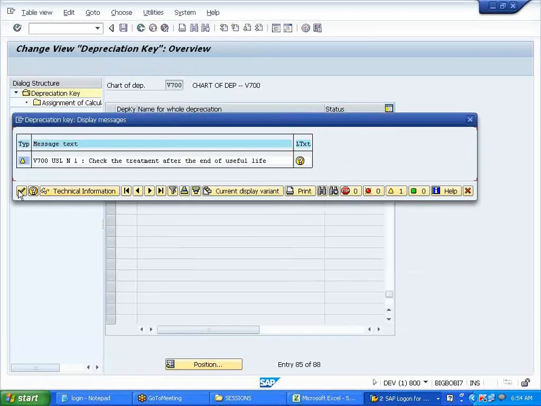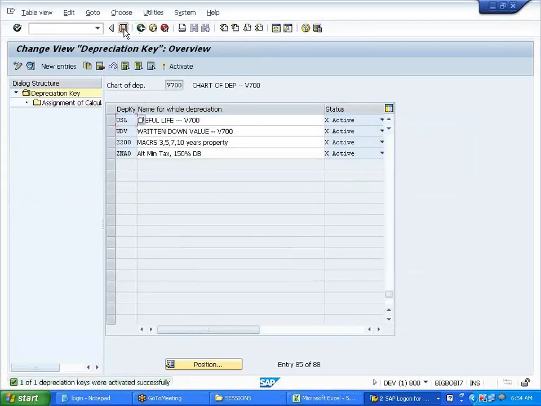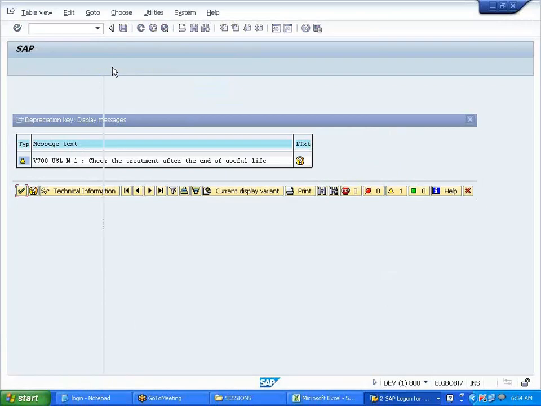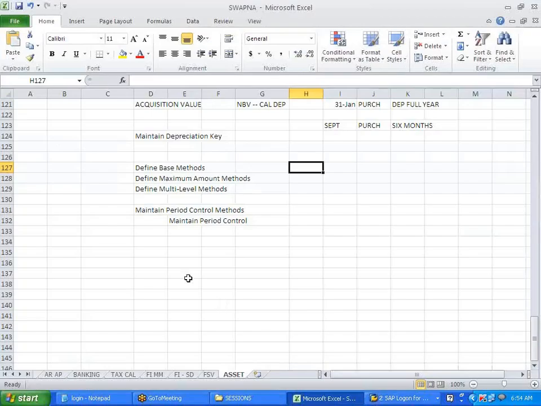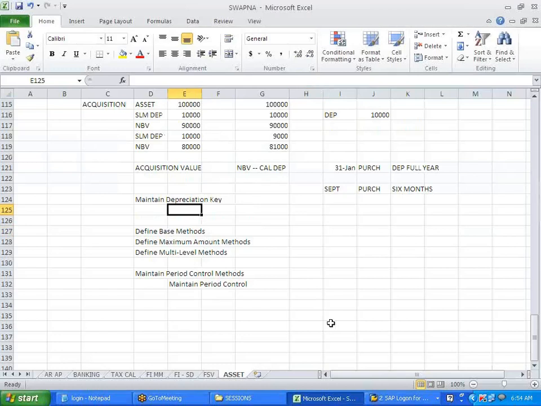Right? So is there a compulsion in a company that we have to define all these three methods? No, depending on that. In the US, you will define only useful life. I don't know, but this is what they mostly follow.